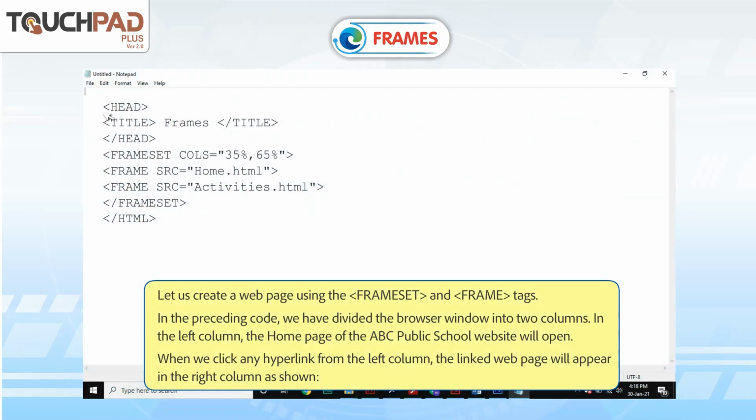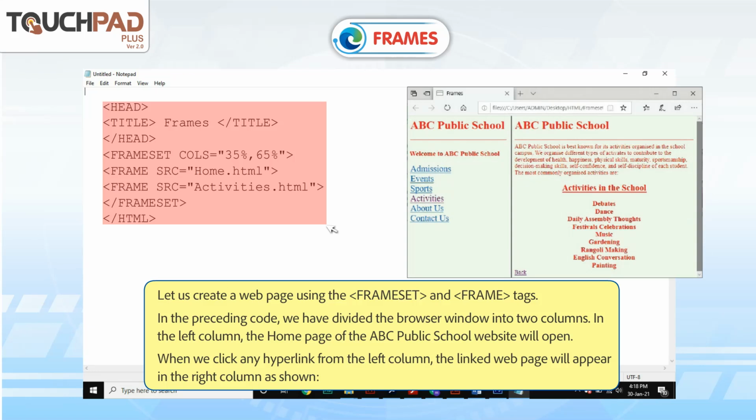For example, let us create a web page using the frameset and frame tags. In the preceding code, we have divided the browser window into 2 columns. In the left column, the home page of the ABC Public School website will open. When we click any hyperlink from the left column, the linked web page will appear in the right column as shown.